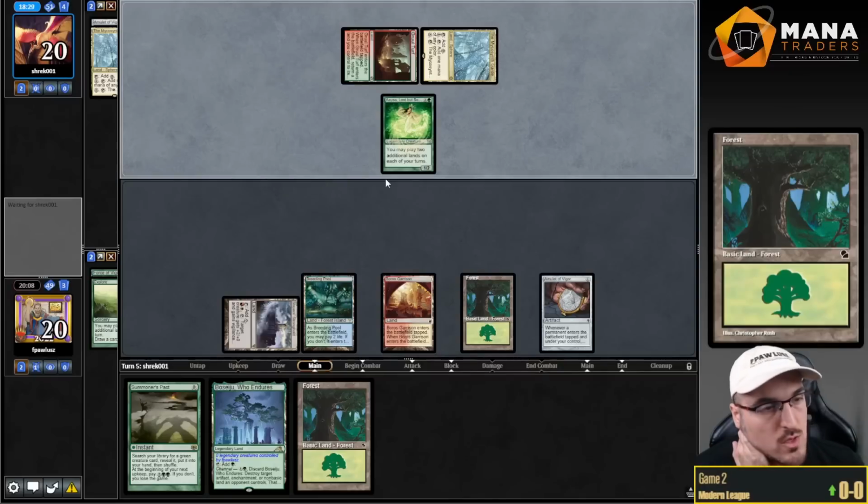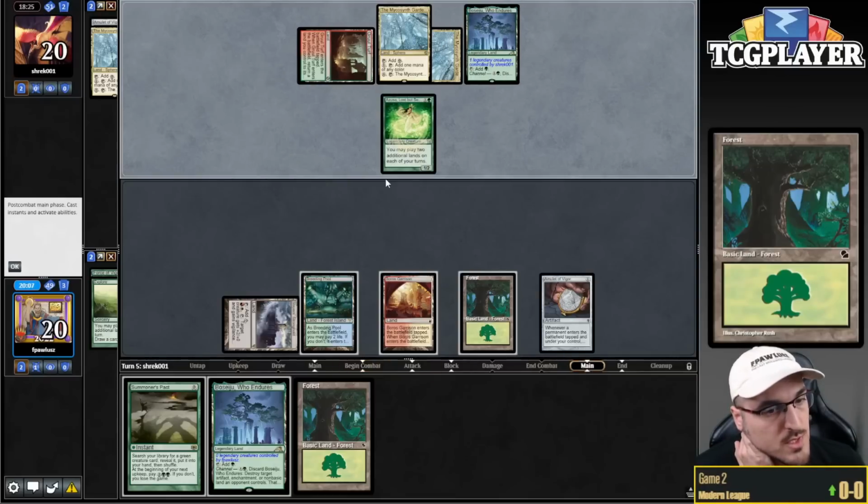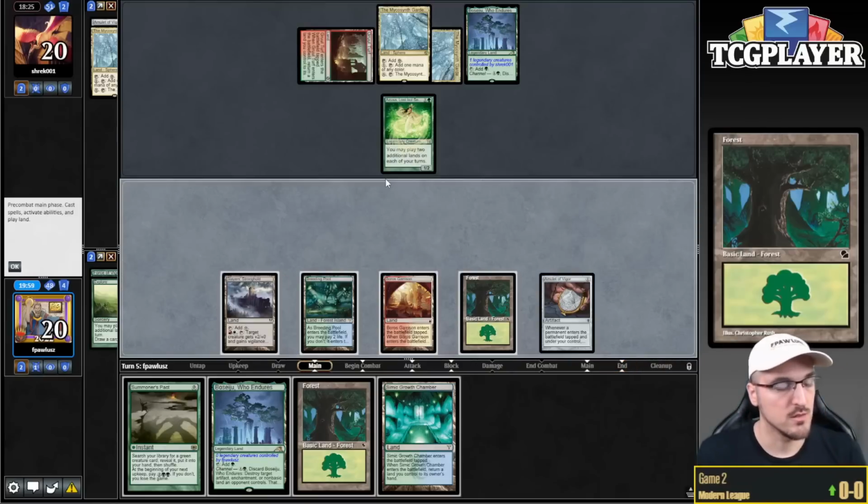Asusa. So I'm not gonna be able to haste, awkwardly enough. I'm not gonna be able to haste. And right here my opponent's got 2, 3, 4, 5. I have to assume that...